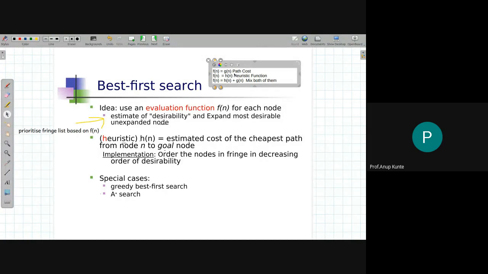Now, what is a heuristic function? The new thing in this particular discussion is this heuristic function that we want to either mix with g of n or replace g of n with in the uniform cost search. If you remember, uniform cost search was doing exactly the same. It was prioritizing the fringe list. So uniform cost search is also a best first search kind of algorithm, but it was not based on any additional information other than the definition of the problem. Hence, we did not classify it as an informed search algorithm.